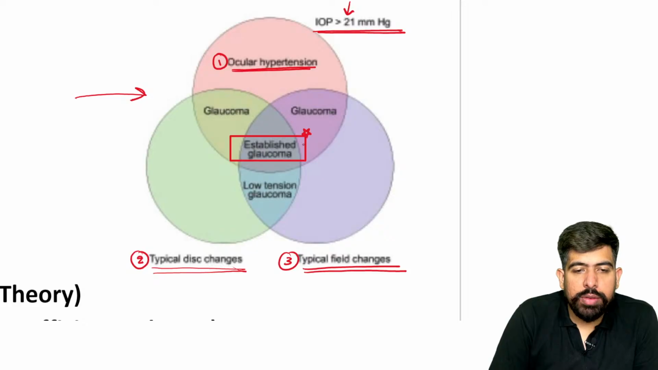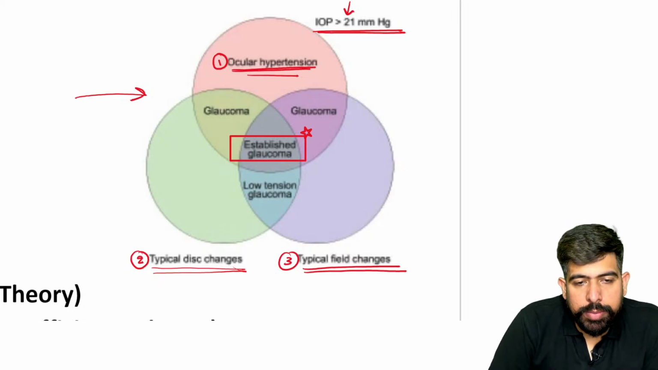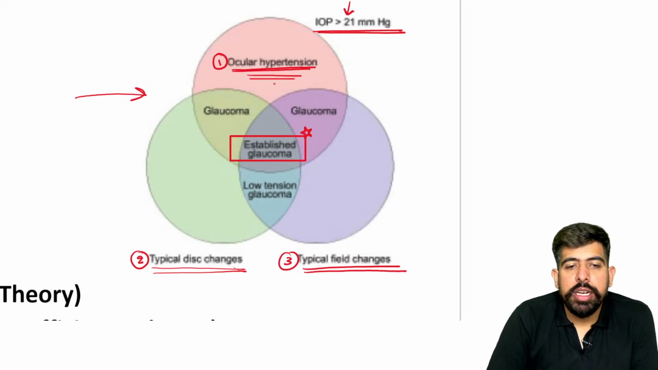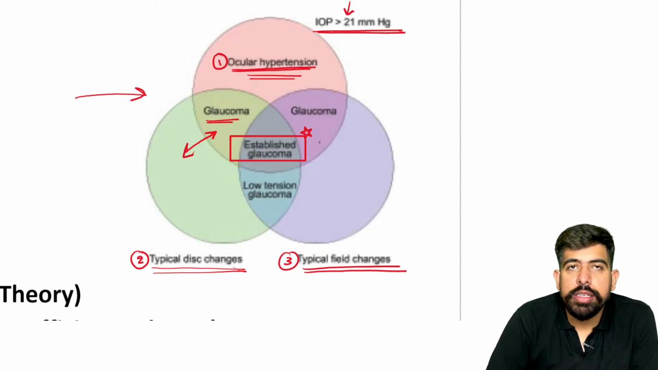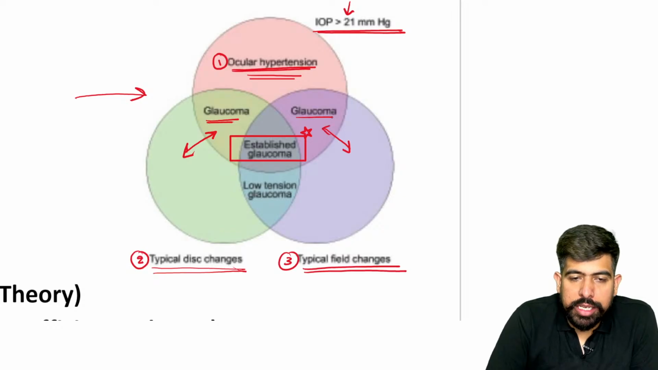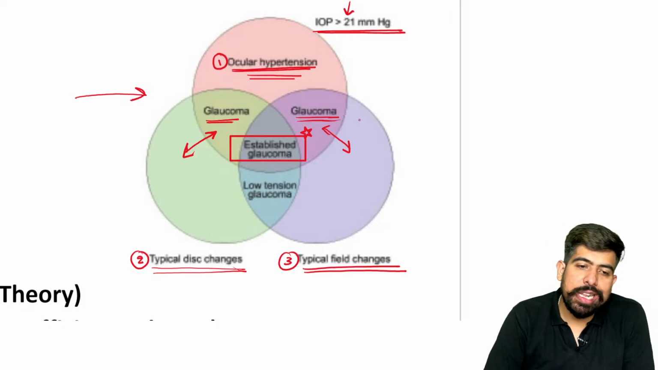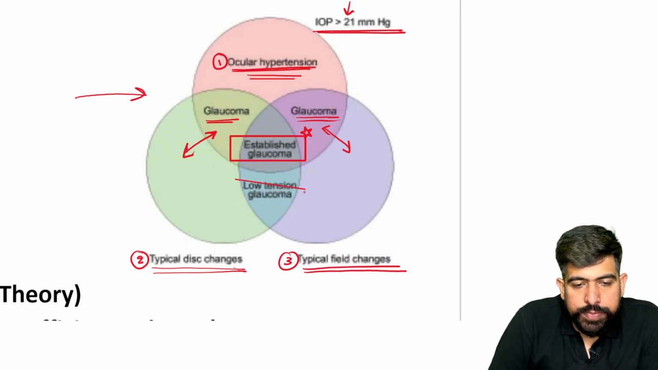Now, if all three are not there, but the first symptom, which is important, is present together with any other one, like ocular hypertension and visual field defect, that is also known as glaucoma. If two are present, then also it is known as glaucoma. But please remember,